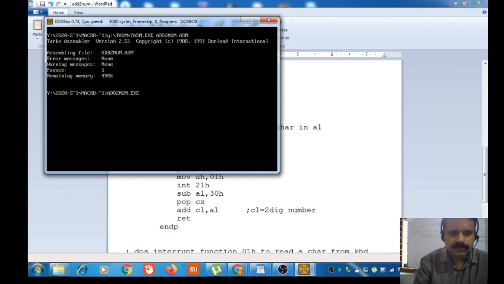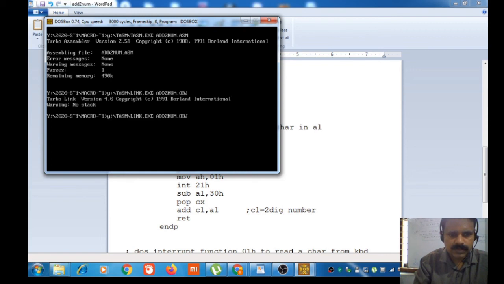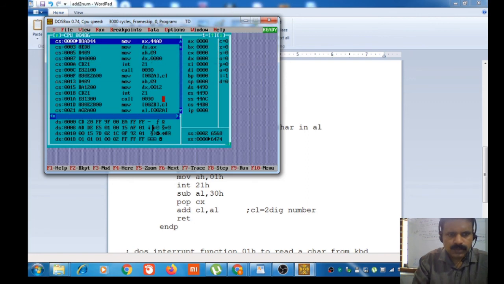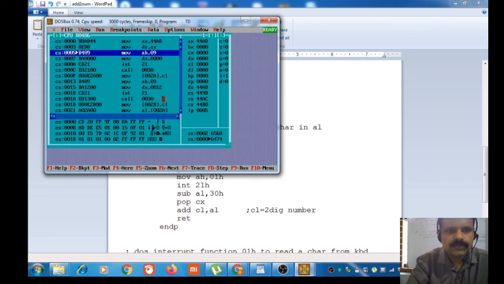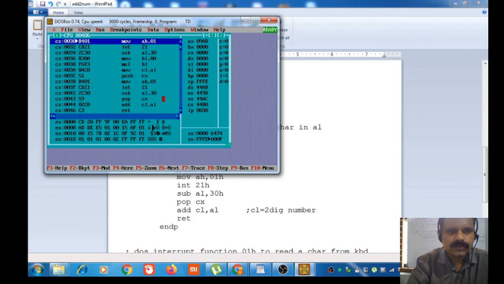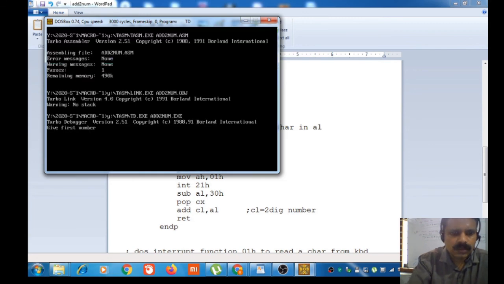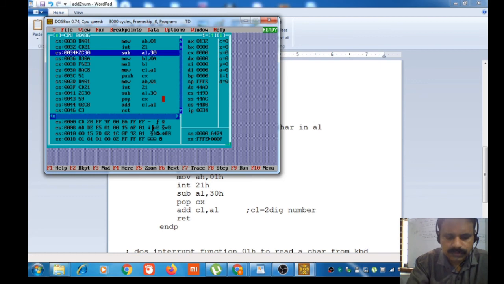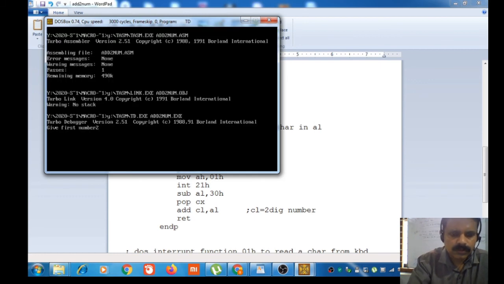Translate this, link this, turbo debugger, 2, 5,